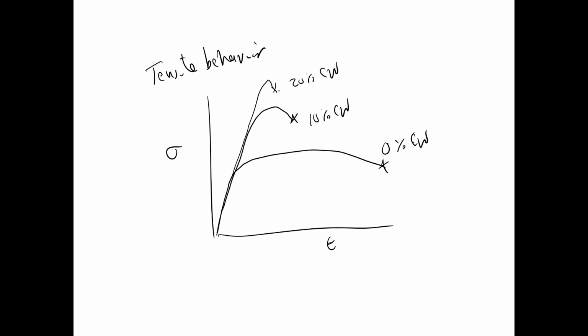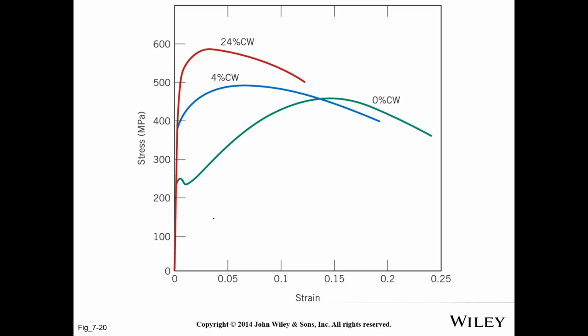And also you can see that I drew all these to have the same stiffness, because processing doesn't really affect the stiffness of the material. The only way that you can affect the stiffness, or that slope, is by changing the fundamental composition of what it's made out of. Now, this is a figure here from your book of different steels,